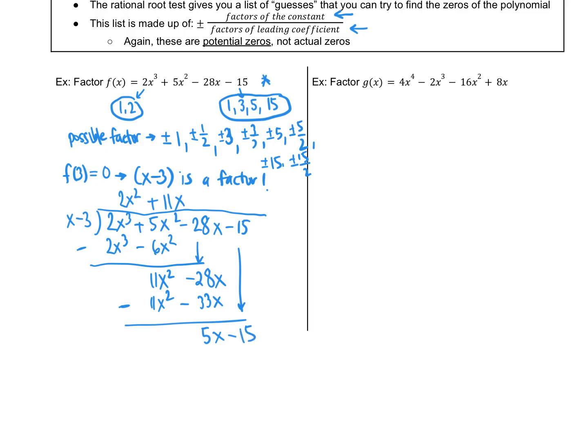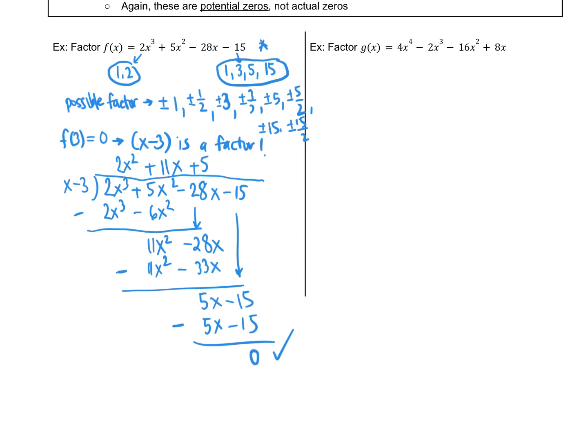What times x is 5x? That would be positive 5. And then 5 times negative 3 is negative 15. Subtract your lines, and if you get 0, good. If you don't get 0 for your remainder, you either messed up your division or you messed up finding your factor. So now I know that my function f of x,